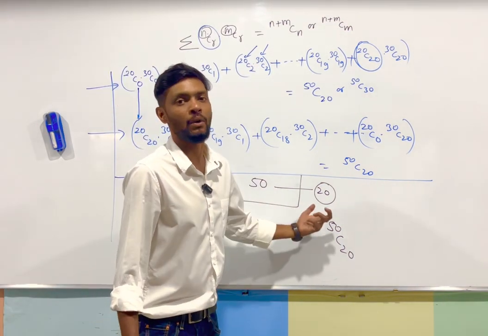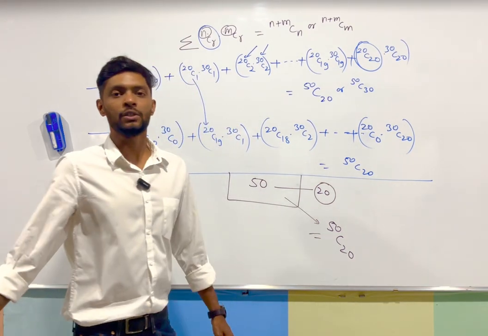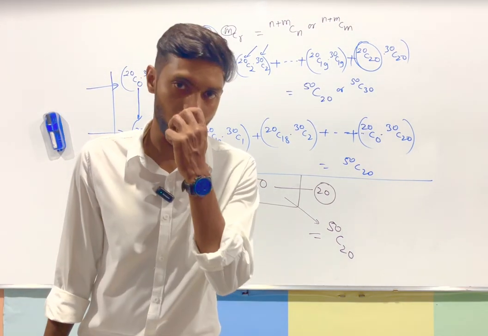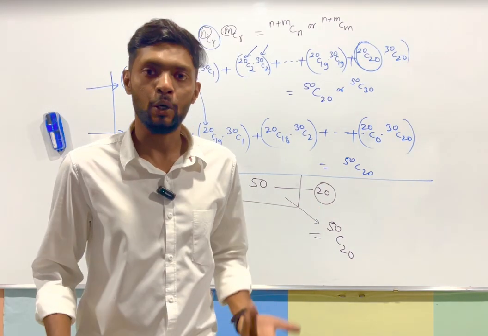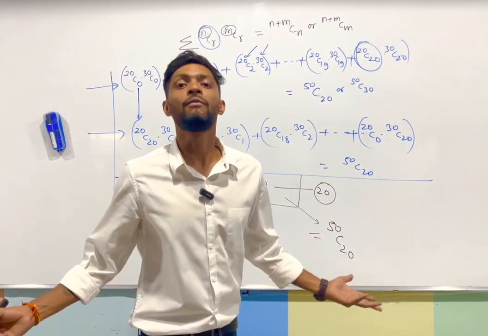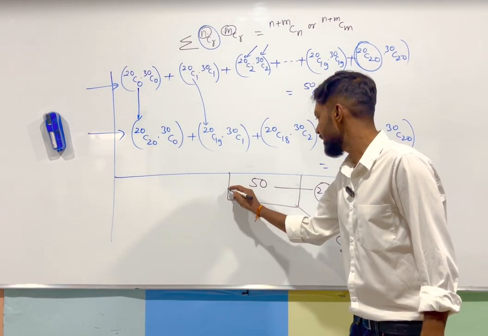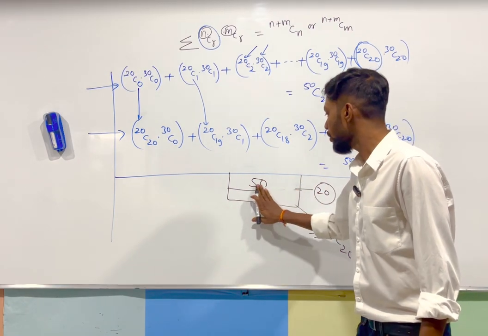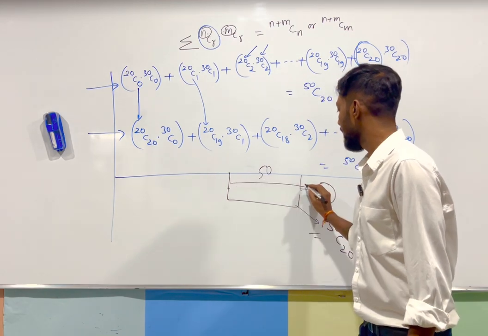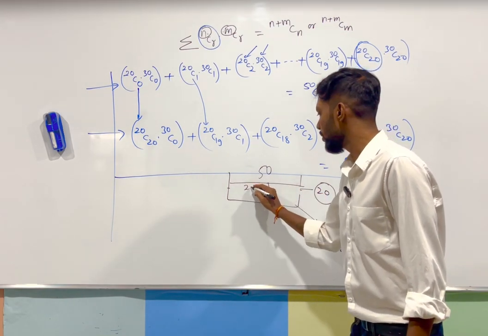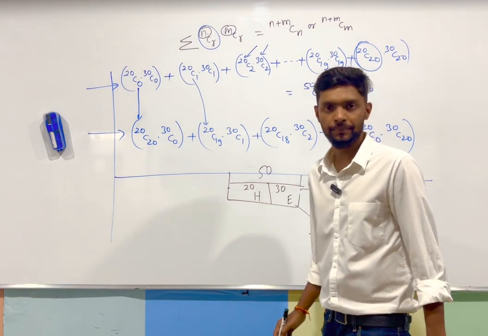Like, you want to select 20 songs out of 50 songs, so the number of ways to select 20 songs out of 50 songs will be 50C20. Your task is completed. You wanted to make a playlist of 20 songs, you made it, and you can do it in 50C20 different ways. Okay, now here is an inside information. Out of 50 songs, there are 20 songs of Hindi language and 30 songs of English language.